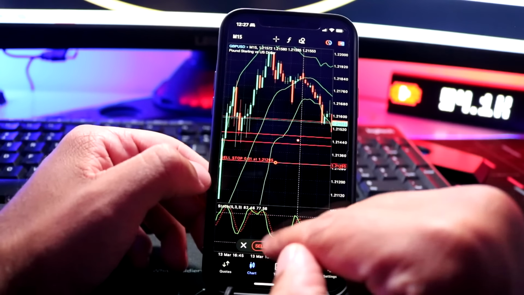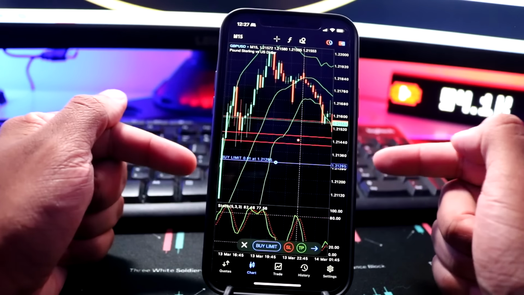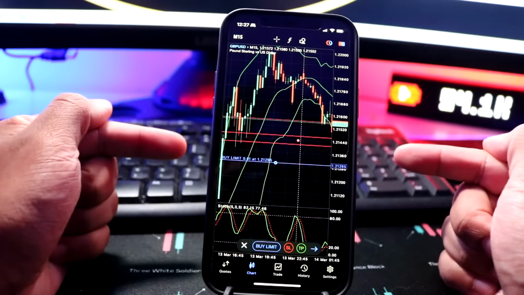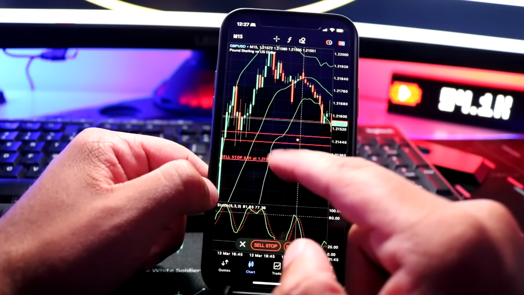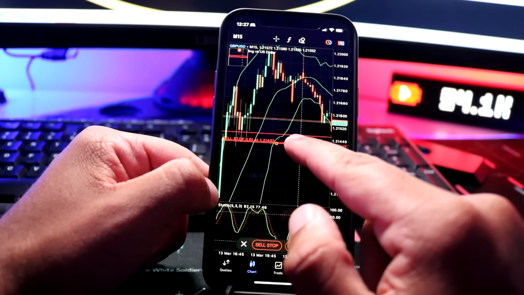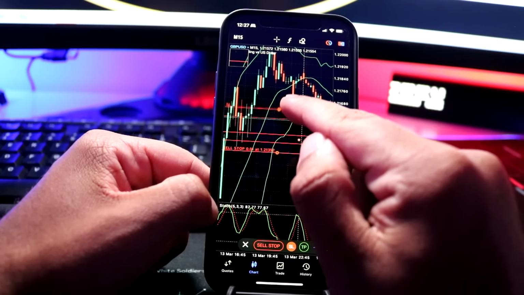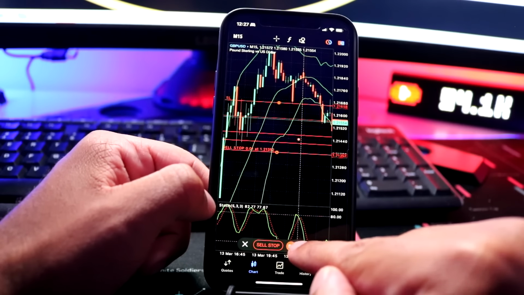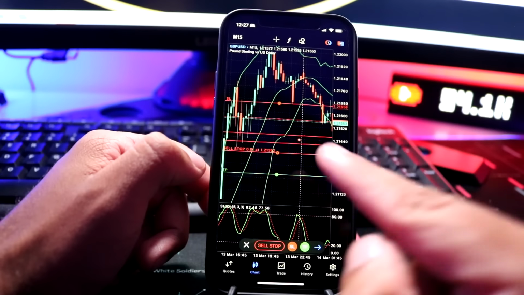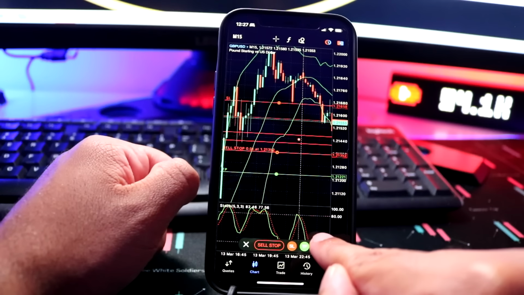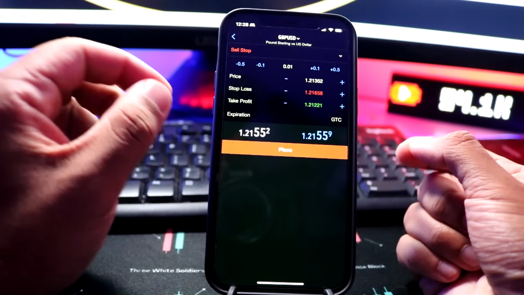So what I can do is sift through here: buy stop, sell limit, buy limit. These are pretty much going to be my pending orders, but a faster way to place these pending orders. So let's just say, for example, I wanted to do a sell stop. I could place my sell stop here, set my stop loss by clicking the SL button, and let's say I want my stop loss here. Set my take profit by clicking the TP button, place that there, and if I wanted to place this trade, click that little arrow, and boom, it brings me to exactly the parameters that I just marked up on the